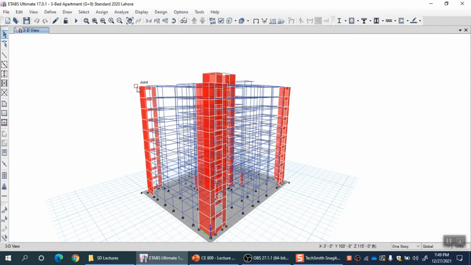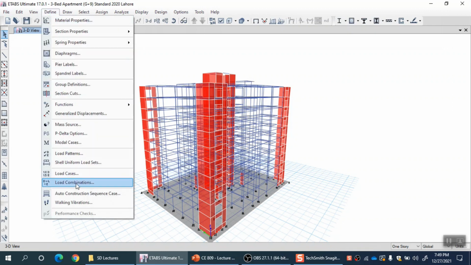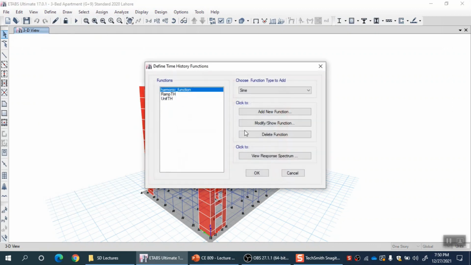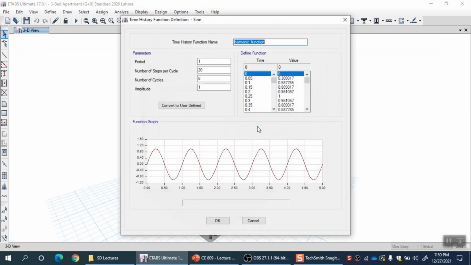So 1000 is my P naught and sine omega bar t, where omega bar is given, and I want to perform an analysis for 20 seconds, let's say. Okay. So we will go to define and then functions, time history, and I'll just modify that same one.